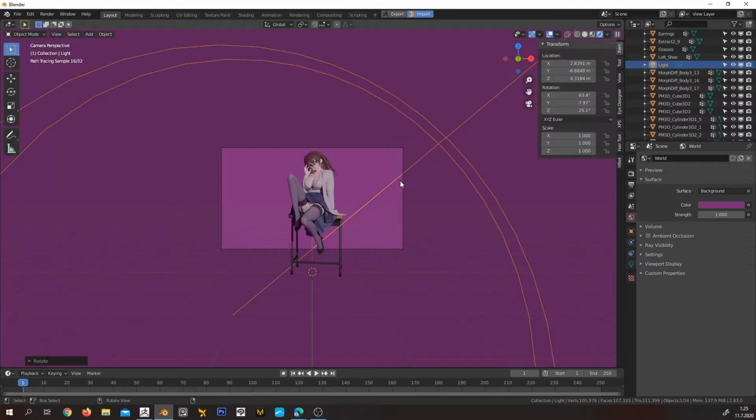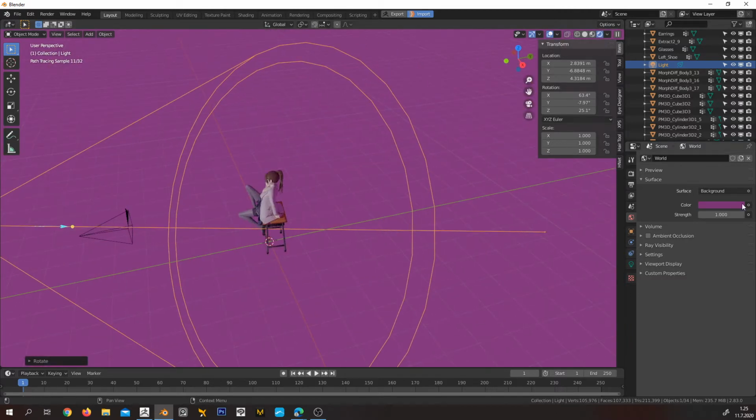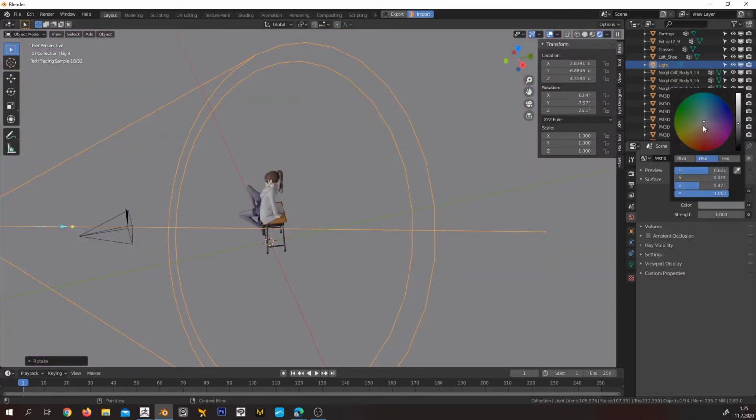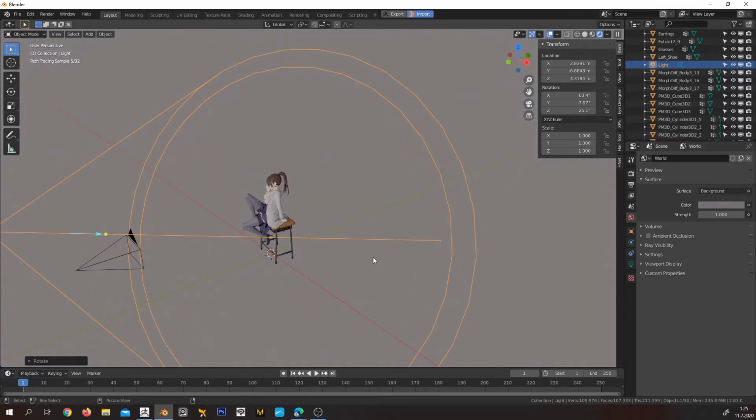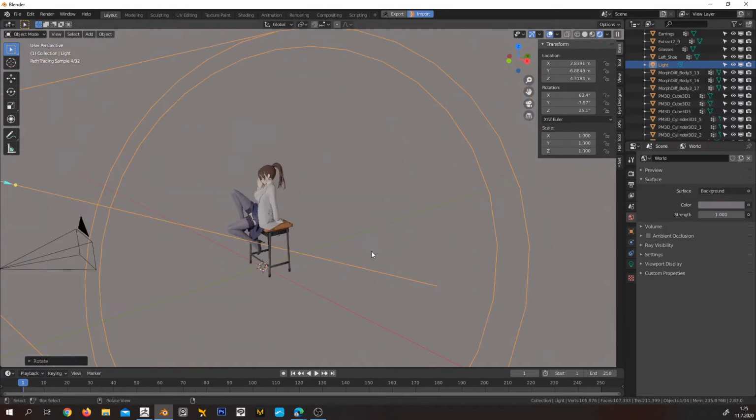So let's go back to the viewport. Let's change this back to, actually, let's not yet. Just turn it to white or whitish. There we go. And to get that backdrop,